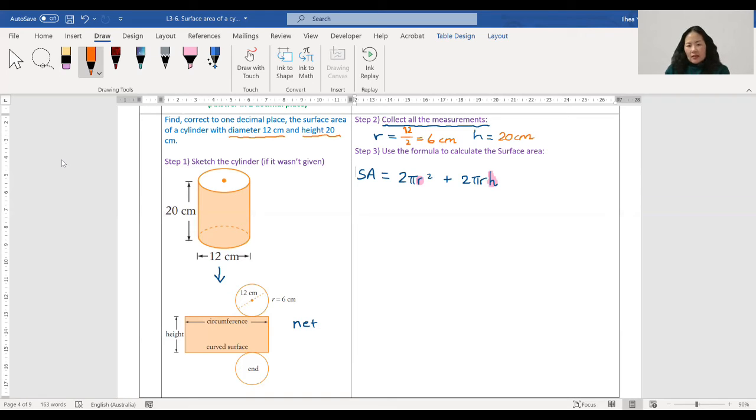First step, you sketch the cylinder and put all the necessary information given to you. And step 2, you collect all the measurements, which are the radius and height. Now step 3, use the formula, 2 pi r squared plus 2 pi r h, to calculate the surface area. So I'm going to do that now. 2 times pi times r, which is 6 squared, don't forget the square, plus, now this part is the rectangle part here, 2 times pi times r, which is 6, times 20 for the height. If you put that in your calculator, you will get